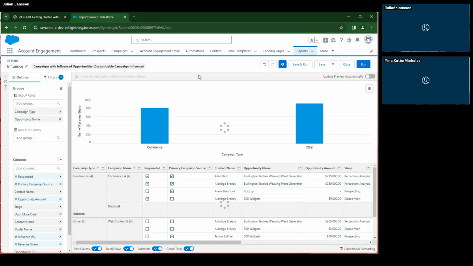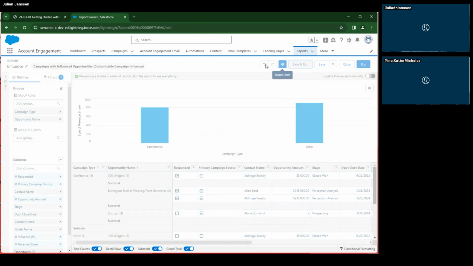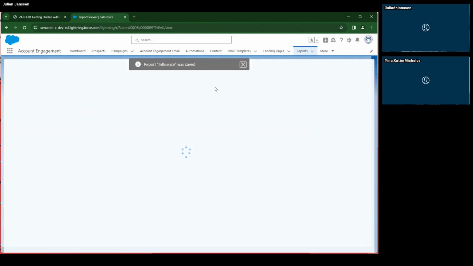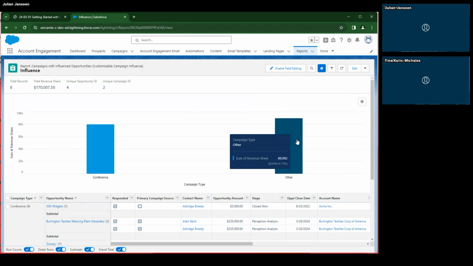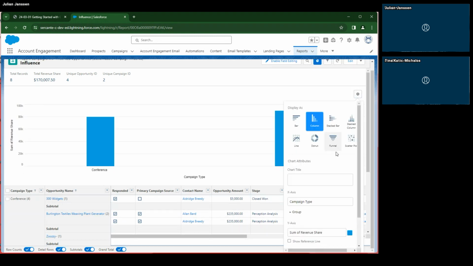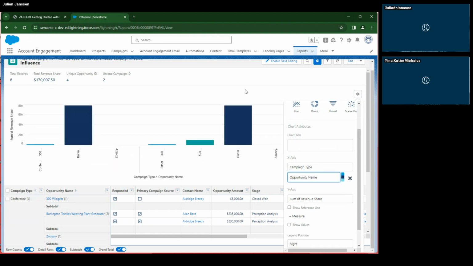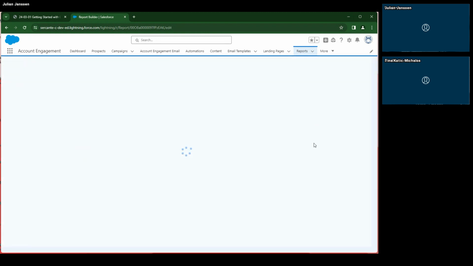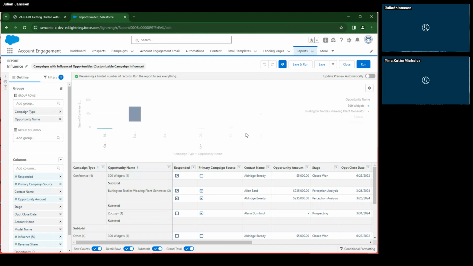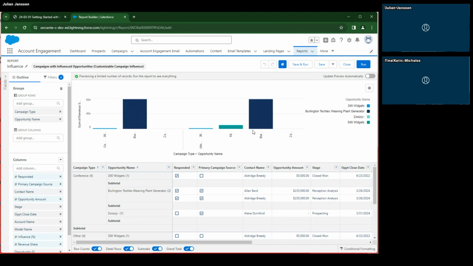And then you see a summary of opportunities. Oh, just the report. There you go. So groups of types of campaigns and then the opportunities that each type is influencing, things like that. So really, any sort of impact, you want to understand how marketing is impacting any sort of specific